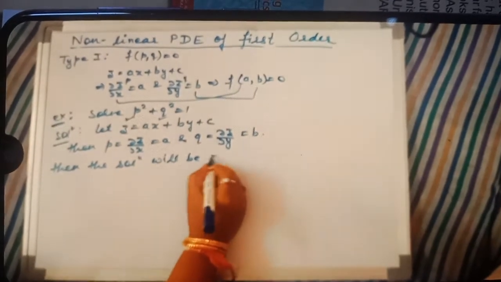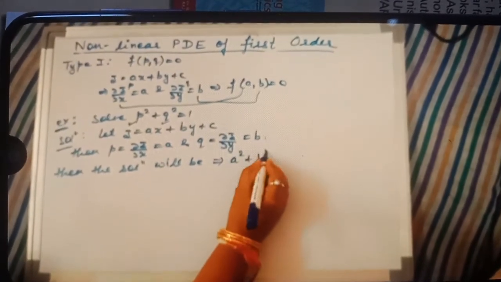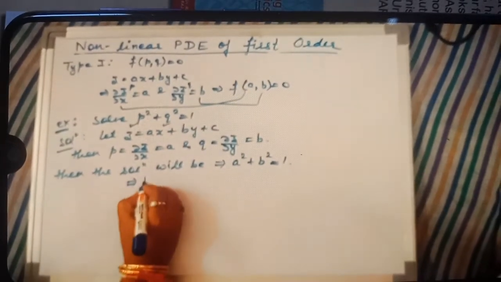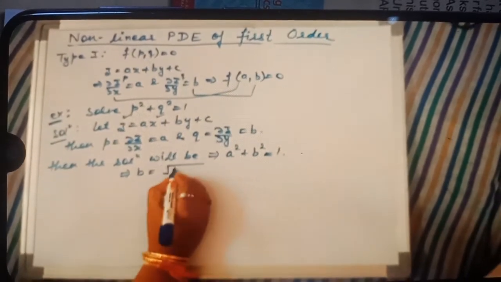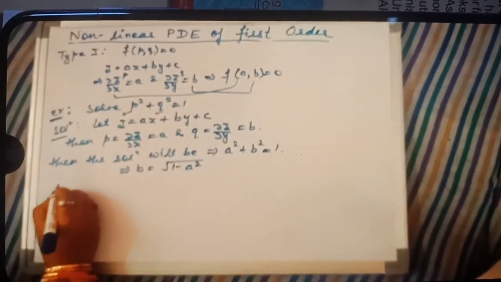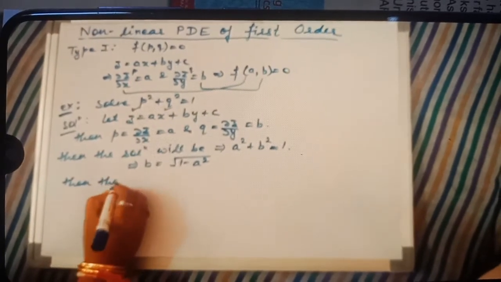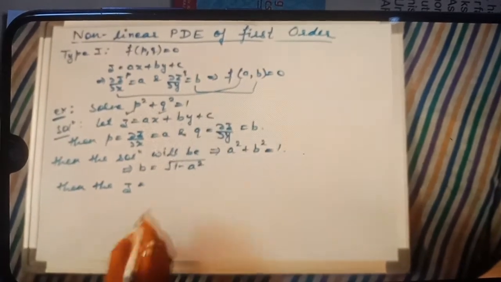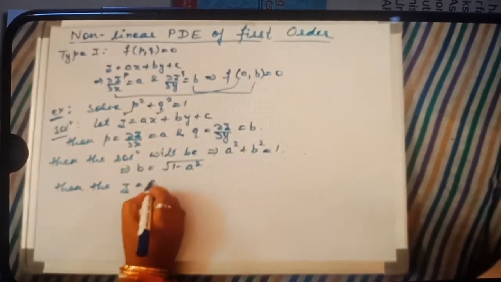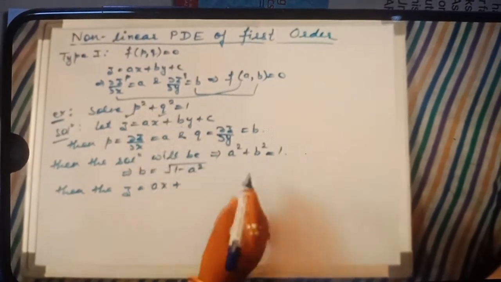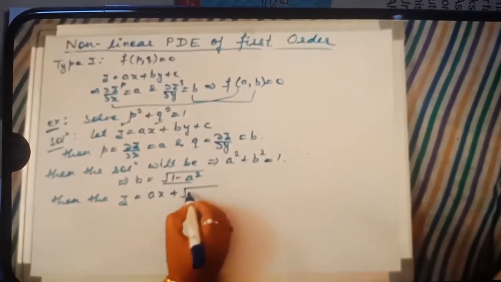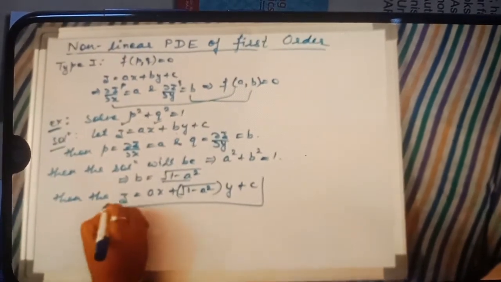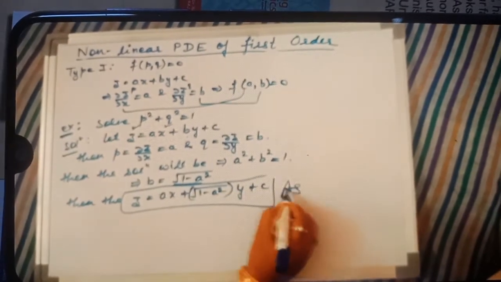तो योर सोल्यूशन विल बी a स्क्वायर प्लस b स्क्वायर इज इक्वल्स टू 1. देन आप b स्क्वायर की वैल्यू निकाल सकते हो. b की वैल्यू यहाँ से आ जाएगी, अंडर रूट 1 माइनस a स्क्वायर. देन z इज इक्वल टू ax प्लस by प्लस c है. आप ax ही लिखा रहने दीजिए, b की जगह आपने ये वैल्यू रख दी, अंडर रूट ऑफ 1 माइनस a स्क्वायर y प्लस c. दिस इज द फाइनल आंसर ऑफ योर दिस क्वेश्चन.